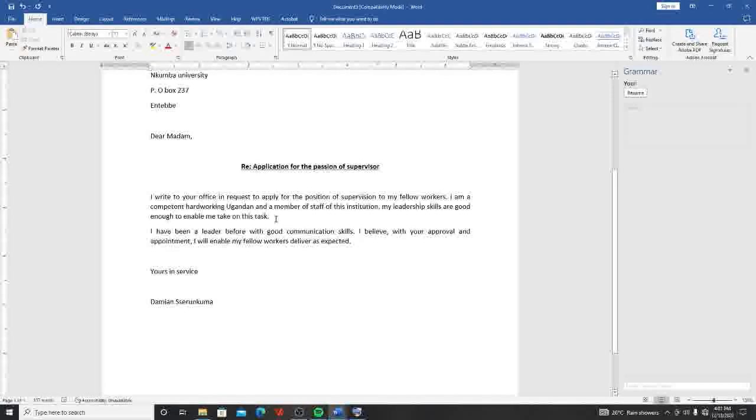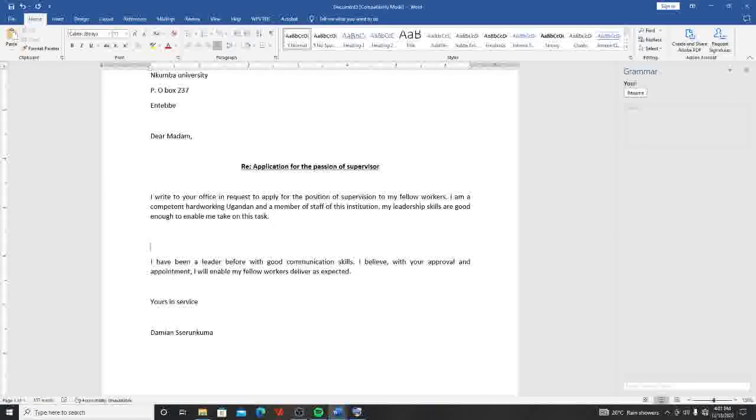We are going to put our cursor in the right side, in the middle of our paragraphs, and we want to insert one additional paragraph between the two paragraphs. Insert the cursor there and press Enter twice. Okay, so there I want to notify my HR of my skills, and I would say I have